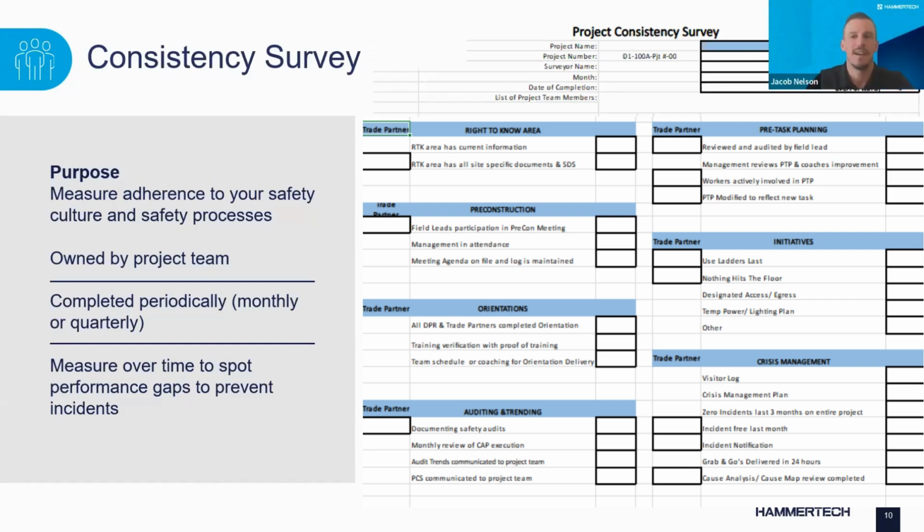Yeah. We used to say, if you're not keeping score, it's just practice. So we kept score with a project consistency survey, which is basically a report card. And prior to HammerTech, it was a spreadsheet that had each expectation from the accountability matrix listed out, and this is why it's so important that these are actionable and measurable. And then we assigned points to each. So like if it were a yes, no, was it done or not done type question, you were given 4 points or 0 points. So each month the team would meet